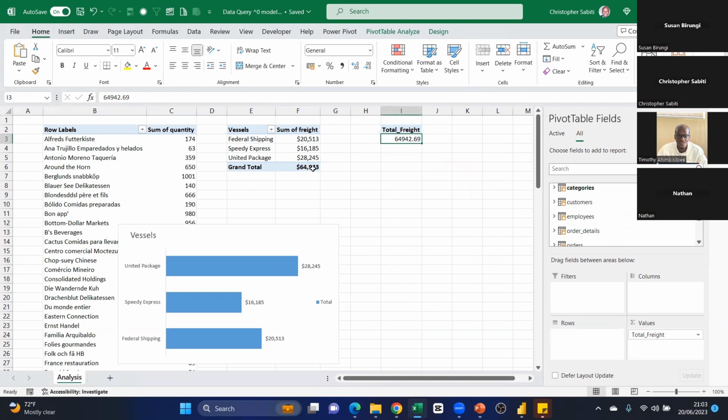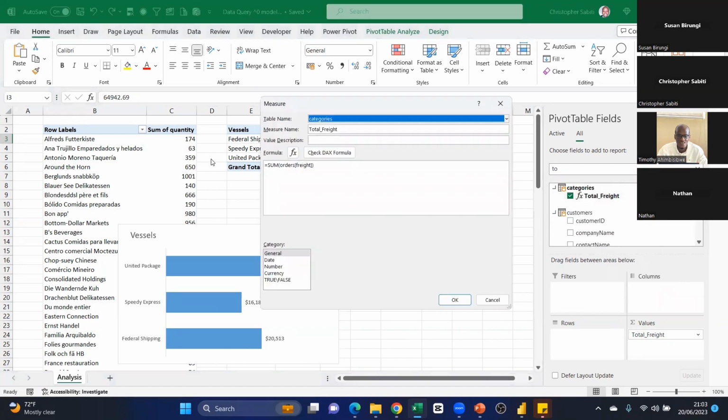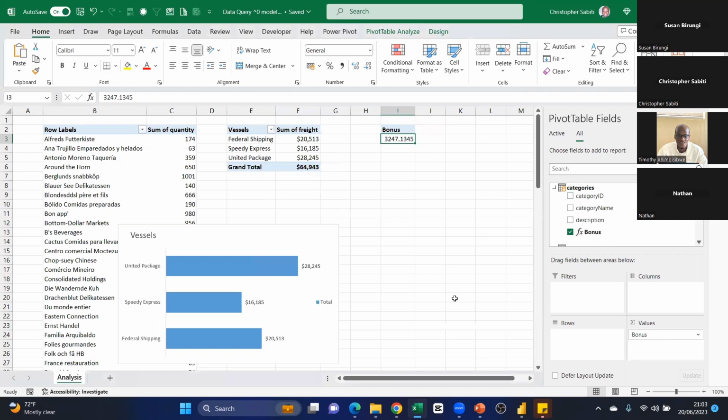So in case you don't have any calculation now, let me say that we needed this total to be a bonus. Let's edit this measure and call it a bonus to the freighters, and the bonus they will get when this one is multiplied by 0.05. That is 5%, right? And I say, okay. Now, you see, this is the total bonus we shall pay off,